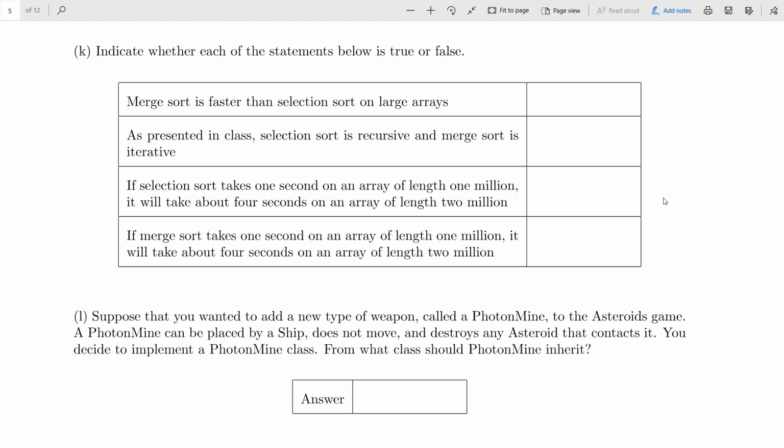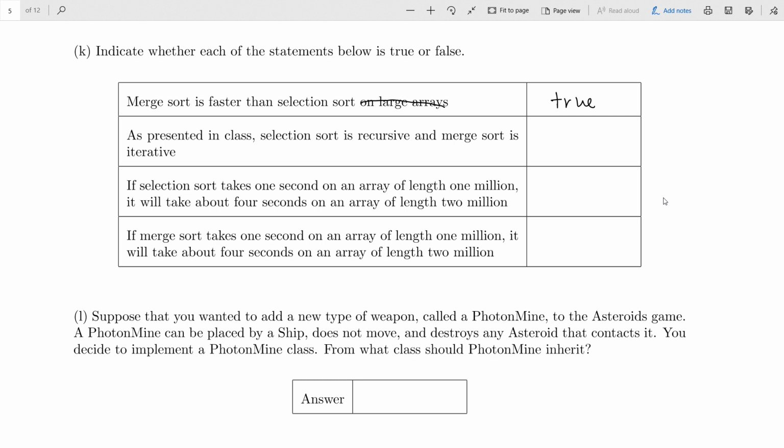Okay, this has to do with stuff we've done very recently. So these are all trues and falses. Merge sort is faster than selection sort. Now suppose that was the whole question. Suppose I took that out. Merge sort is faster than selection sort. What would the answer be? It depends, right? All I told you was that for large arrays, merge sort was faster. For short ones, you don't know. It could be the opposite. So what's the answer? Well, I just told you the answer. True.